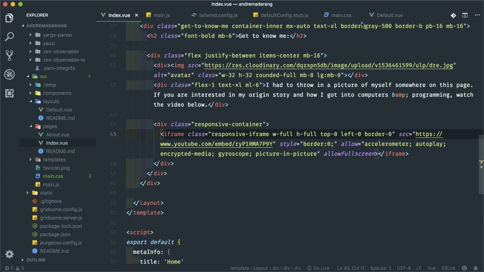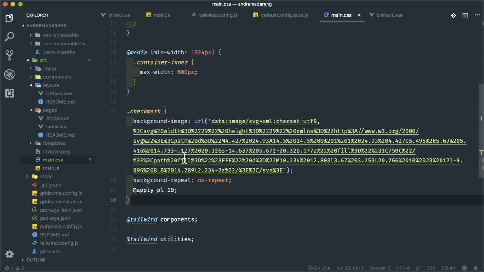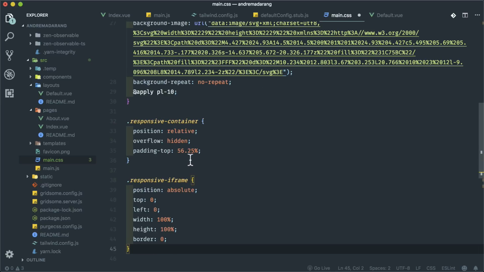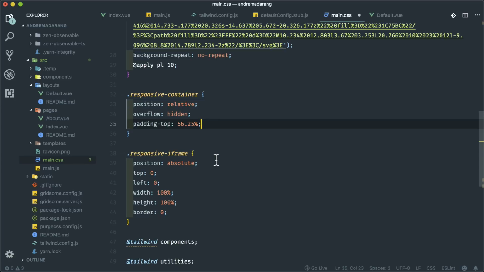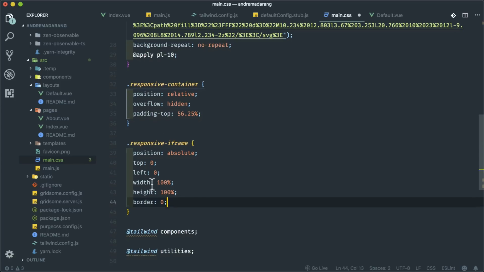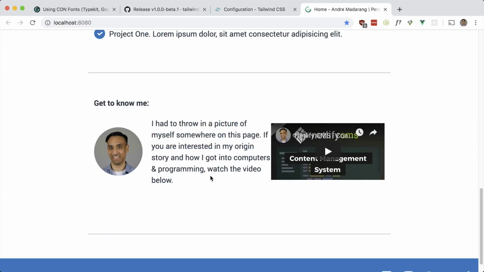Let's go into our CSS. I'm gonna put it in here. It's not too much, it's just a few things. This is the most important hack here, the padding top 56.25. And you just have to add these, save that. And now we should have a responsive